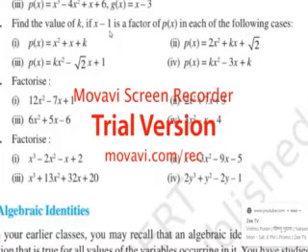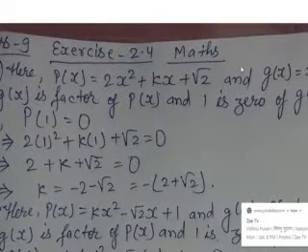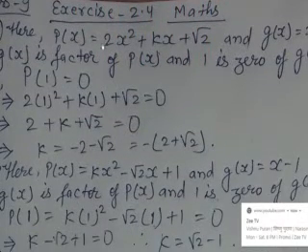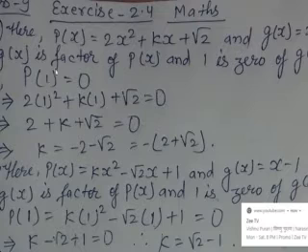So if you see, I had even sent the solution. You can see the solution over here, question number 2, as I had said. Here p(x) is equal to 2x square plus kx plus root 2, and g(x) is equal to x minus 1. Since g(x) is a factor of p(x), 1 is the zero of g(x) and p(1) is equal to 0, because the remainder becomes p(1) and the remainder should be 0 since it is a factor. So p(1) is equal to 0. Now in place of x we are keeping 1, so 2 into 1 whole square plus k into 1 plus root 2 is equal to 0.